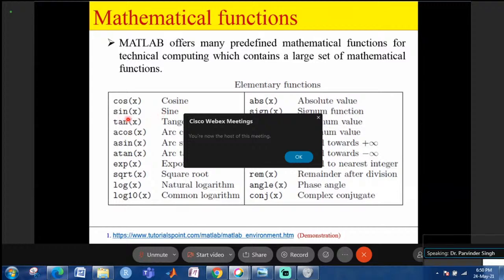For sine there is sin, tan, exponential, exp. For square root there is sqrt. For log base 10, log10. For absolute value there is abs. If you want to find the maximum value from a set of array, you can write max. If you want to get the minimum value, you write min. Then there are floor and ceiling,